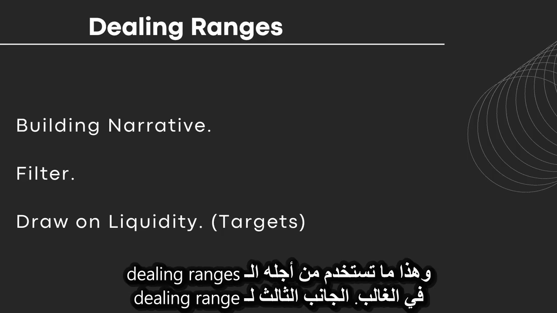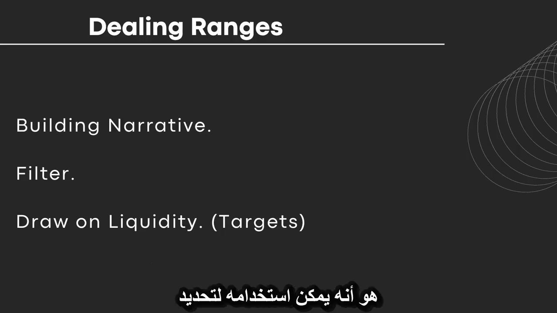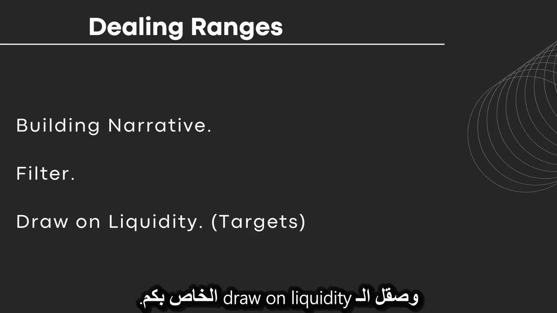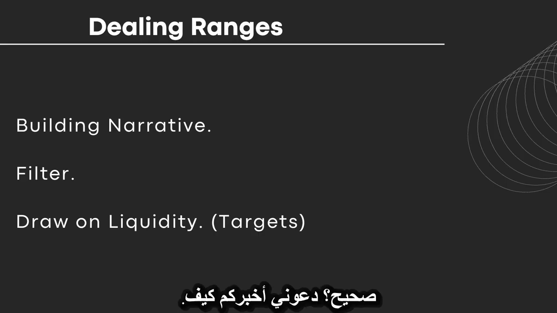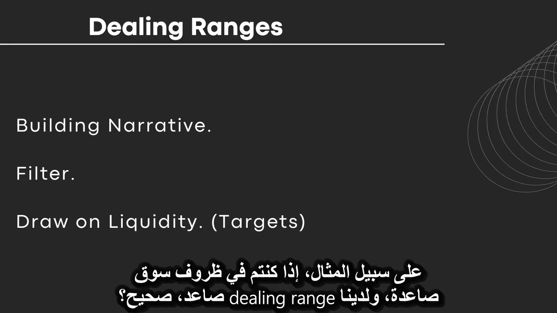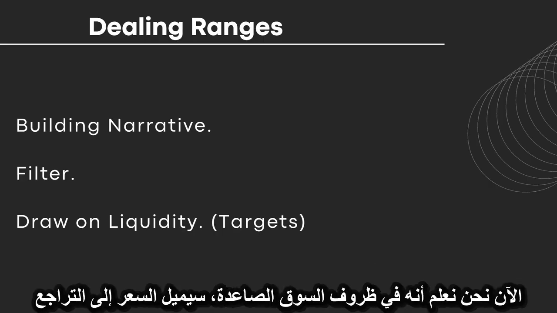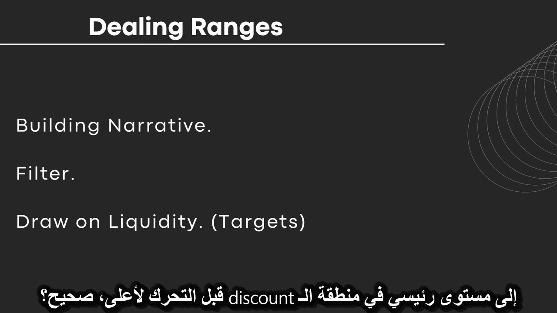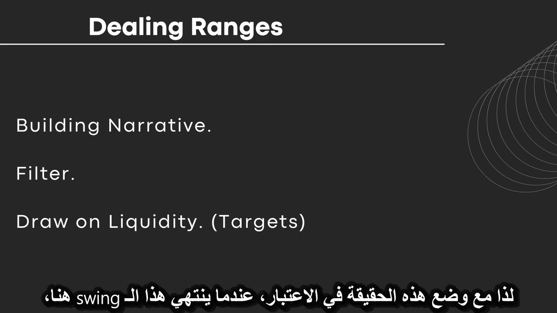The third aspect of the dealing range is that it can be used for determining and refining your draw on liquidity. Let me tell you how. For example, if we are in a bullish market condition and you've got a bullish dealing range, we know that in a bullish market condition, price will tend to retrace to a discount key level before moving higher. So with that fact in mind,